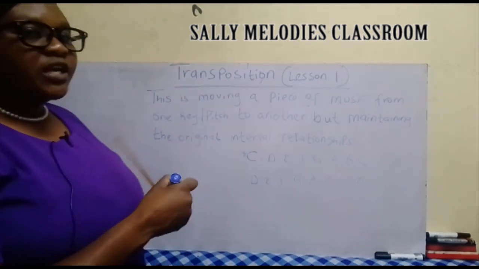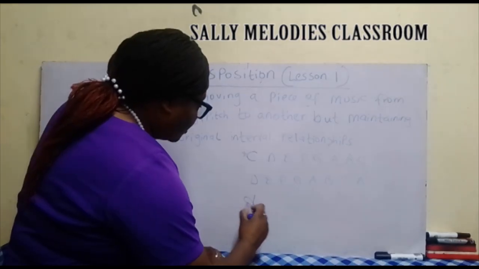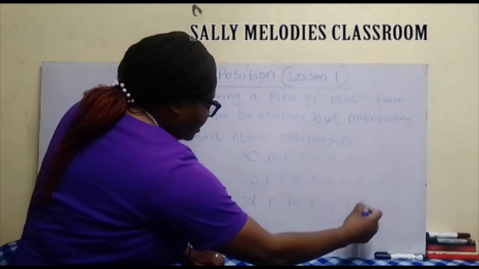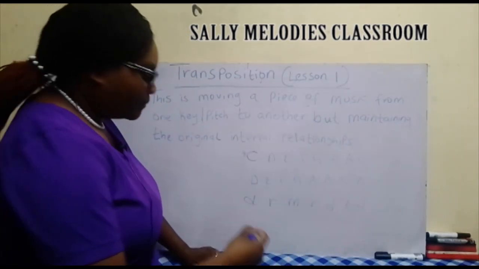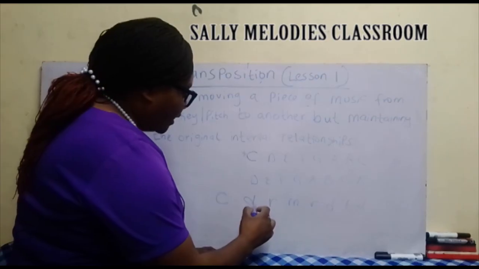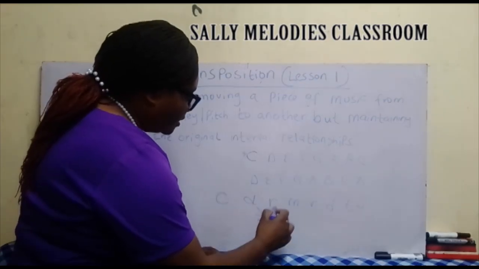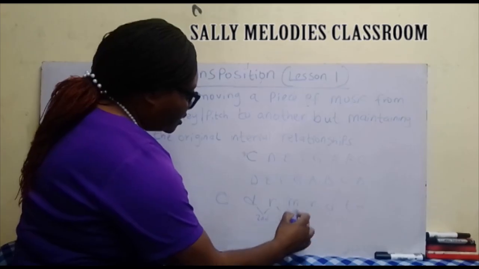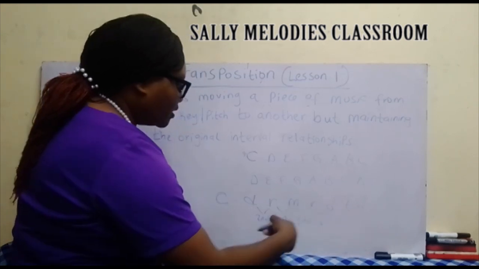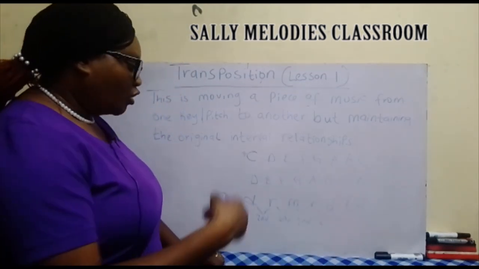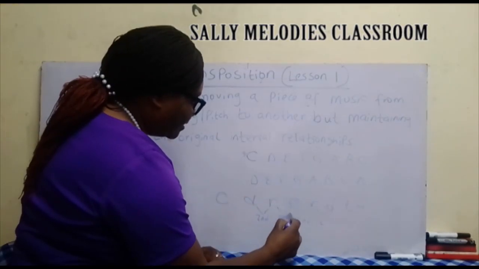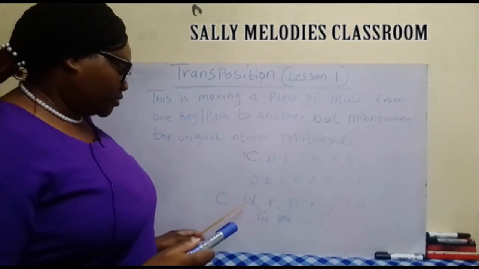For example, if this was the progression do, re, mi, re, do, ti, do, and maybe you are on key C, the interval between do and re is a second. This is also a second. This is also a second. This is a second. Everything here seems to be a second. Or maybe, let's say this is fa, and then we call it a third. If that was the progression,